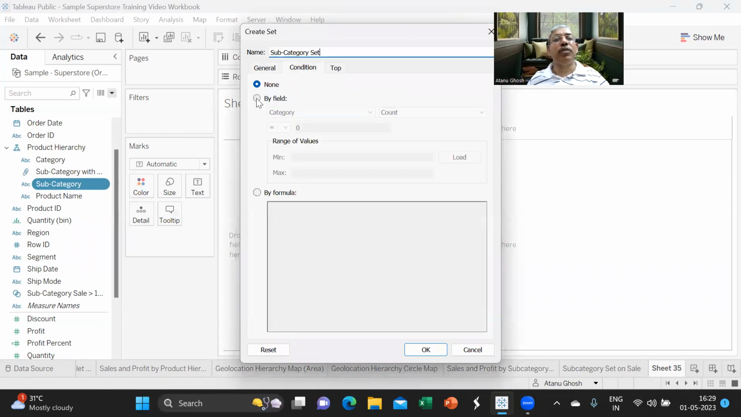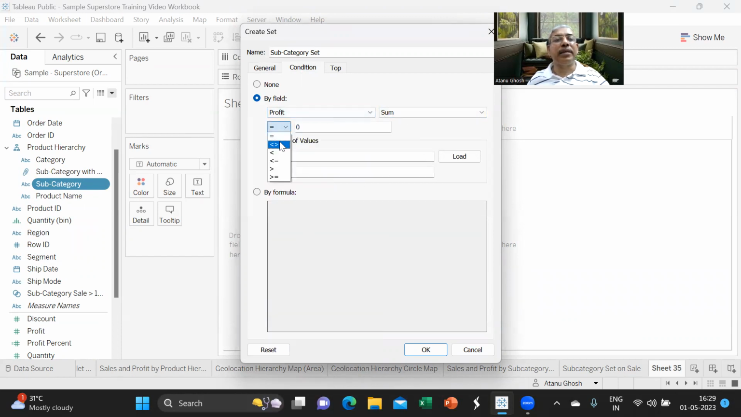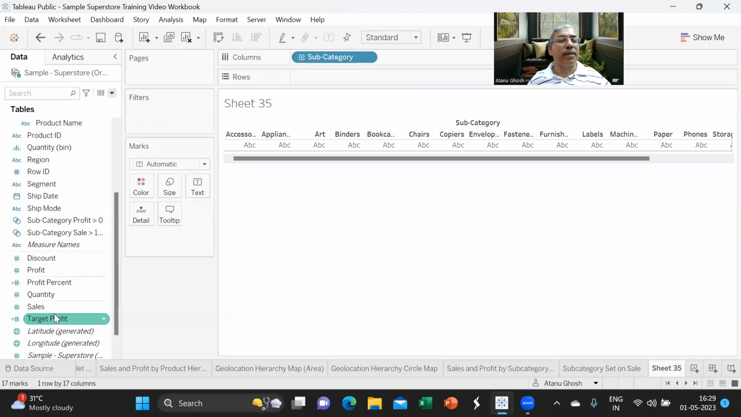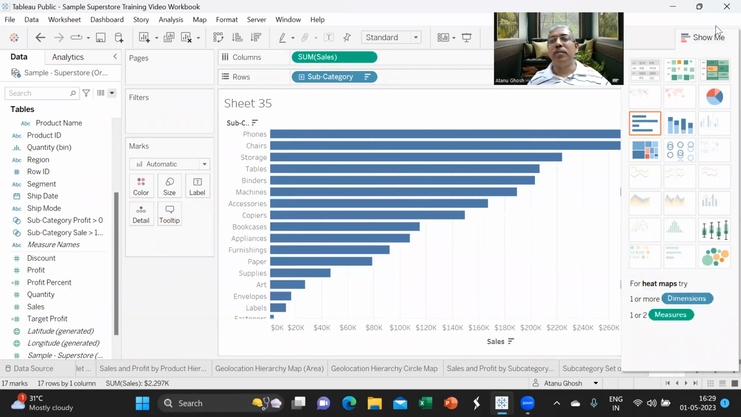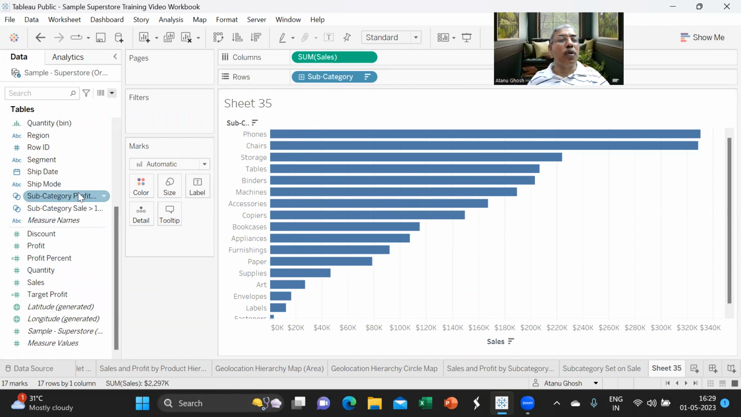And this time the condition is that the profit is greater than zero. Call the subcategory profit greater than zero. And we'll take the same subcategory sales, make this chart as a bar chart, sort this in terms of sales, and now put the profit subcategory as profit greater than zero